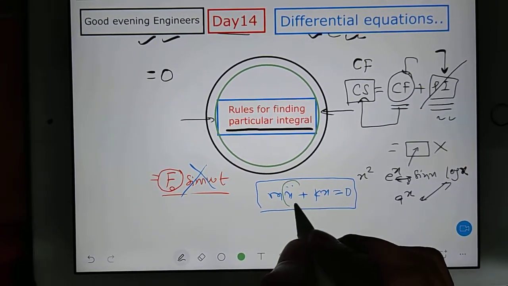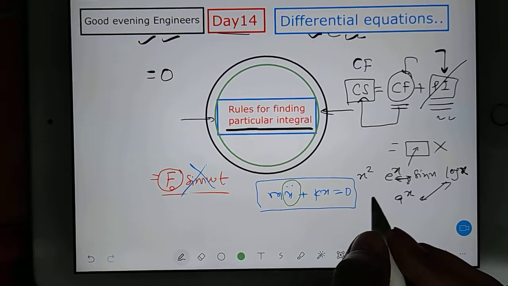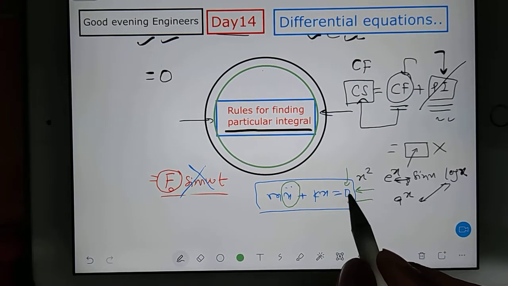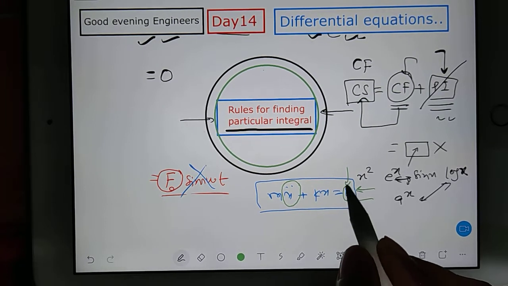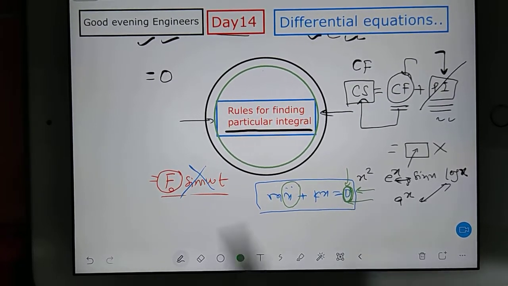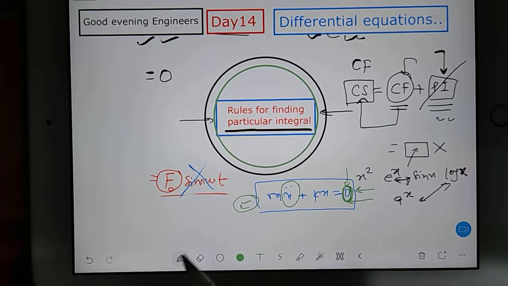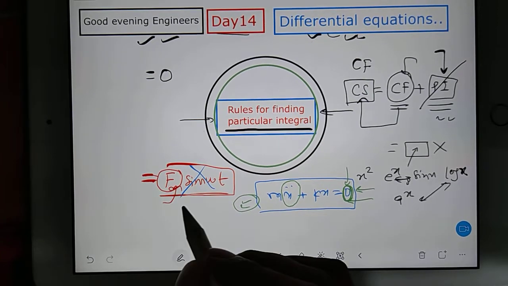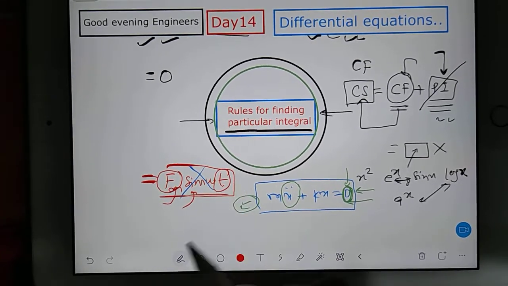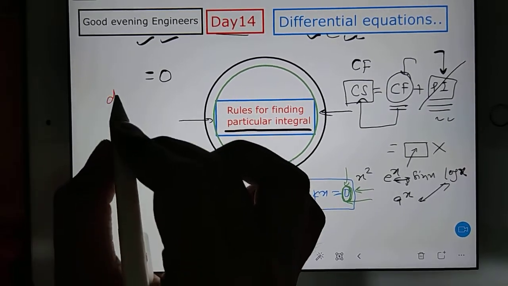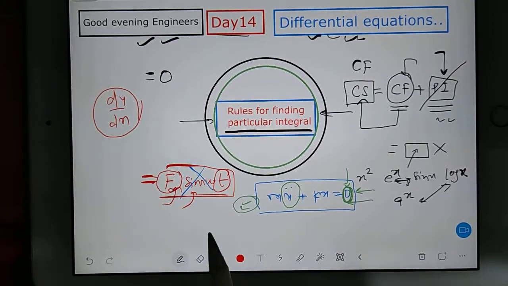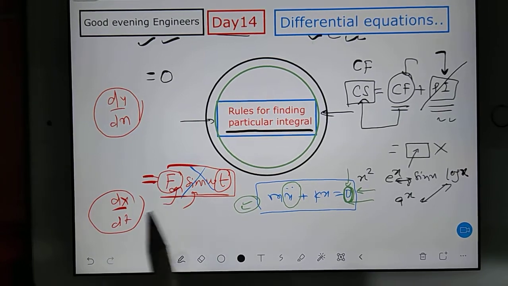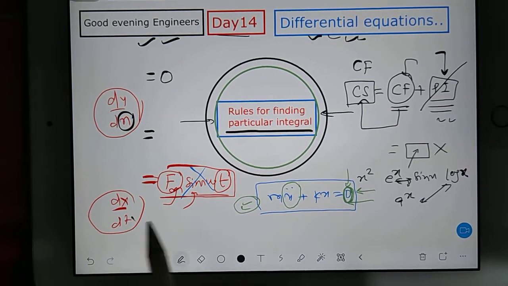You can see here you have a differentiation, so this is the differential equation, right? So here we used to have 0. This is the equation of vibration where we do not need to calculate the particular integral because this portion is 0. But in vibration itself we have a topic called forced vibration. There, on the right side, we don't have 0. After the equal sign we have a term which contains t. In the same way, because in mathematics we mostly discuss dy by dx, in physics dx by dt also comes. I'm just talking about the variables. So on the right side you will have a function of x, and here you will have a function of t.